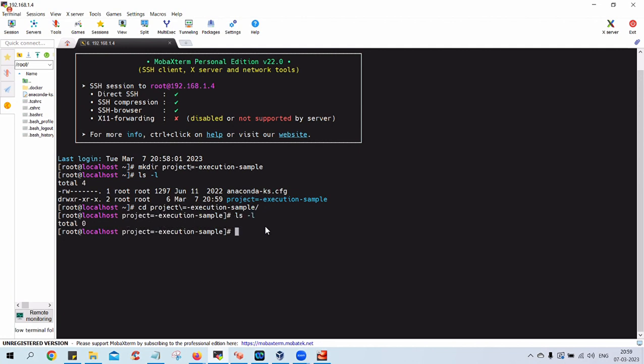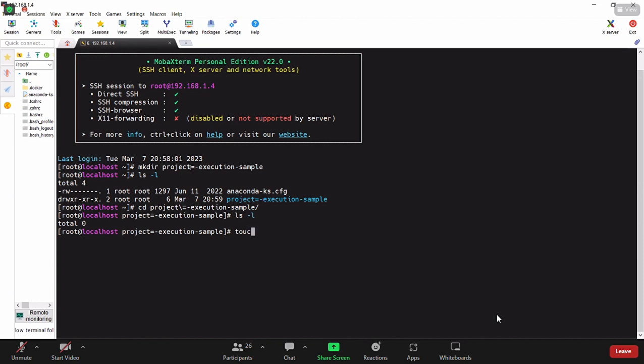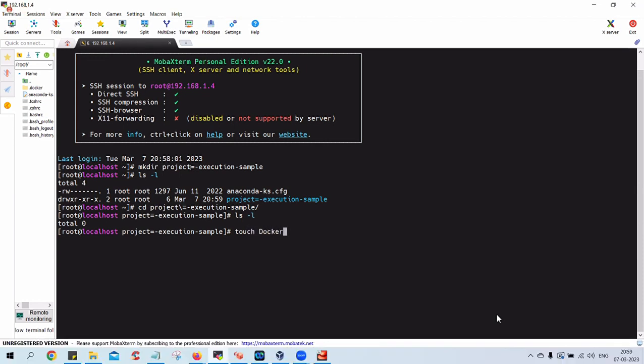Now what I'll do is I'll create a Docker file. So we have to say touch Dockerfile, with D capital. The rest of the letters are small and F is also small. It's a single word, guys. D should be capital. Don't split. I repeat, don't split the file name. So D is a capital and F is a small. It's a single word. No extensions. Done. Now open this Docker file